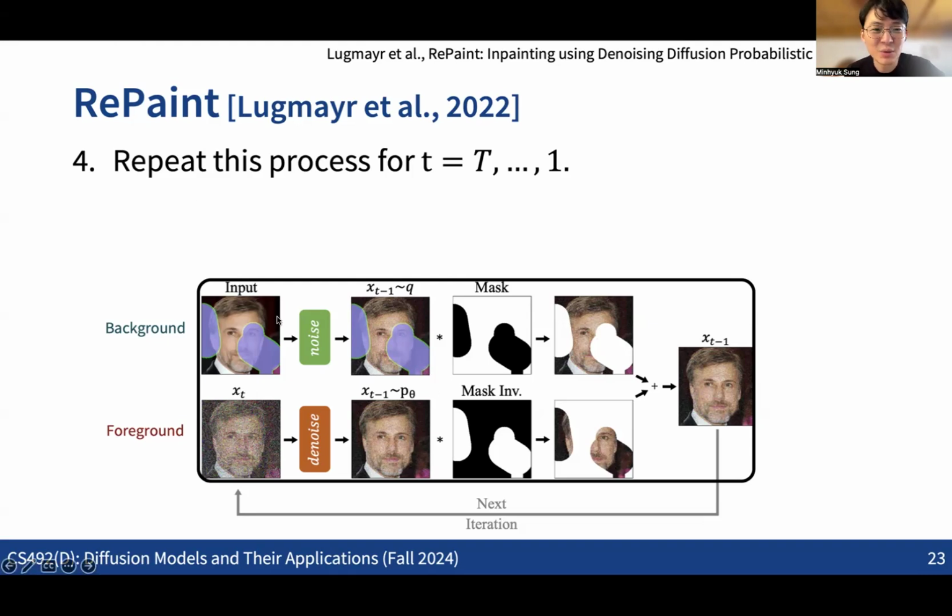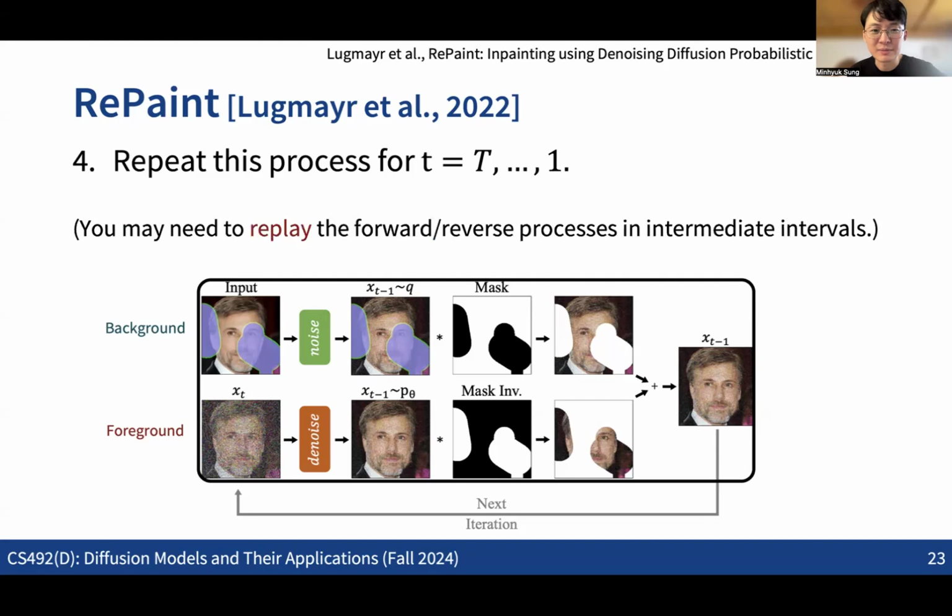The reason why this is called RePaint is that you can also do some kind of replay. Once you run this denoising process, if you find that the noisy input, the x_t, is not good, then we can run the full process again by going back to some larger time step and doing the process again. So there are some engineering tricks for improving quality. In any case, this is an interesting idea: by combining the forward process output and the reverse process output, we can do in-painting kind of things